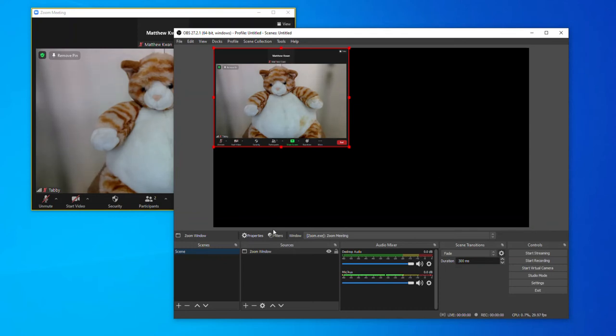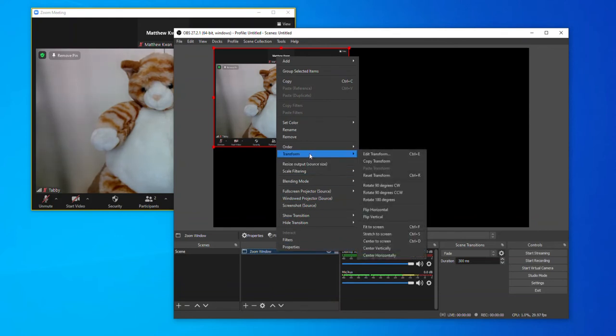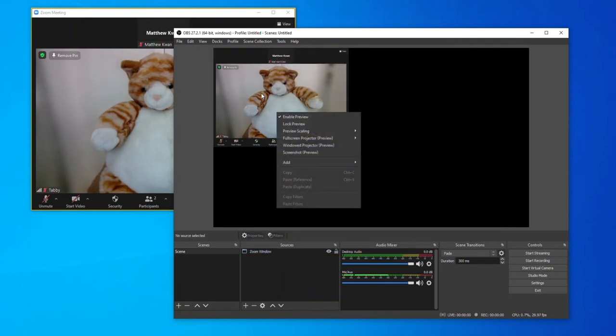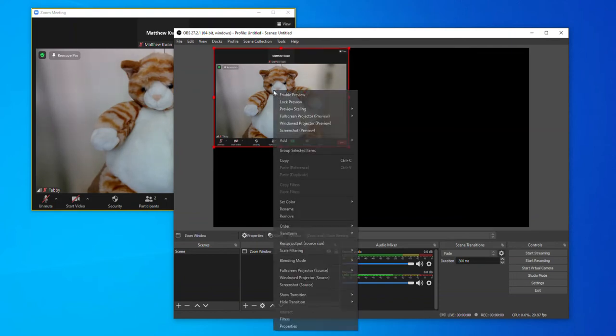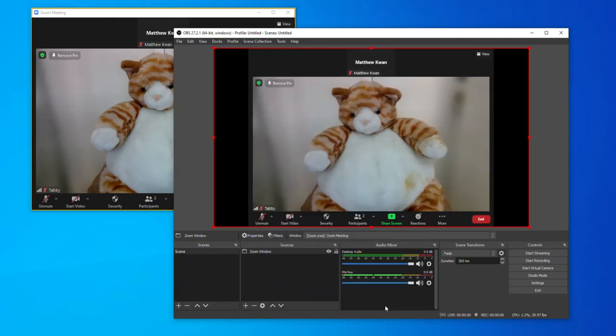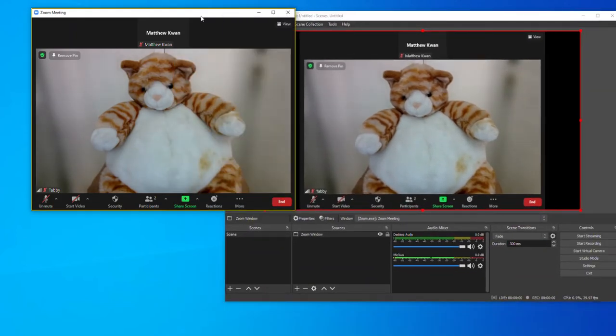So I can either right click it here from the source and then hit transform and then fit to screen, or I can right click it on the actual image of Zoom, and that'll bring us to the same place. And I'm going to go to transform, and I'm going to fit the screen. So now it looks like it's about the same aspect ratio as I have here on my Zoom